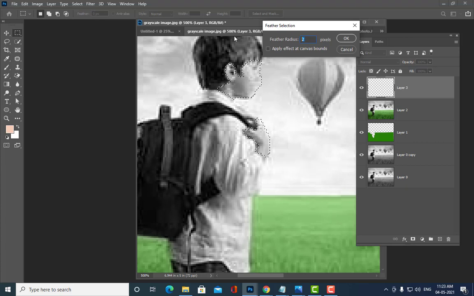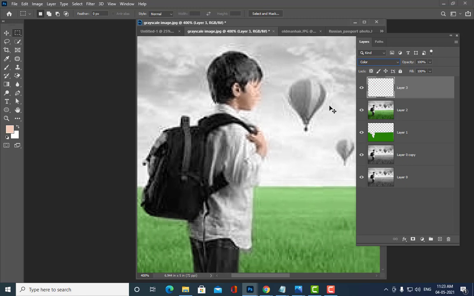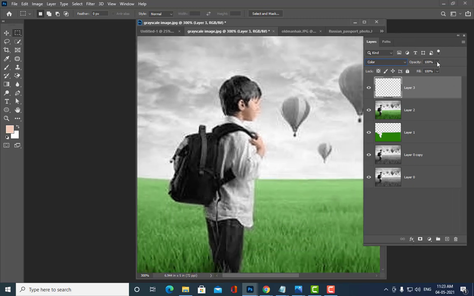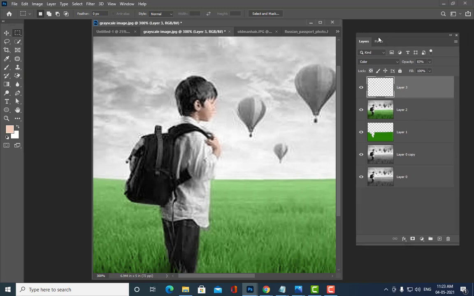You can give a small amount of feather, and then we will use Alt and Backspace, and then we will simply use Color. We can reduce the opacity if you think the color is a little unnatural, a slight opacity. Okay, now it's correct.